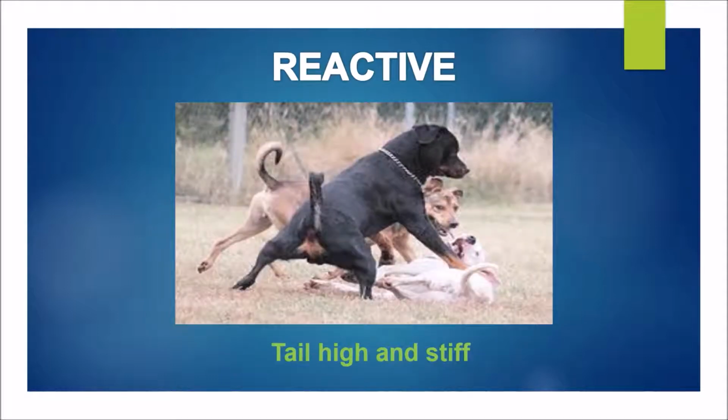We then have our reactive dogs as well. So again, we're looking for stiffness, and what happens is that tail comes really high up on the body. So again, this is about your dog and where they hold their tail, but really high up on the body, and there's a real stiffness to it, and it can be wagging. It can be wagging pretty fast, but it's really stiff. And again, another one where miscommunications happen. People just see the wag and go, oh, he's fine. But they don't see the stiffness and the stillness and all the other reactive red zone signs that are going along with it.